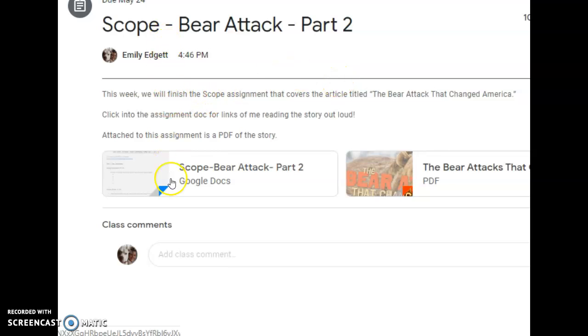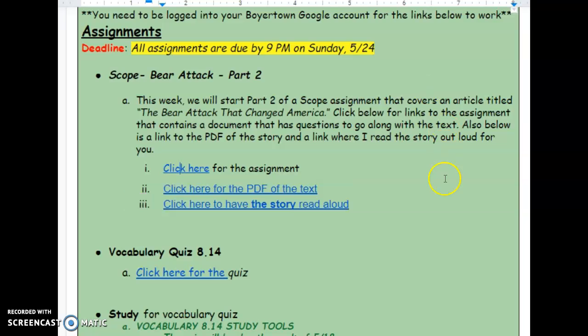Okay, here's what the assignment looks like. You'll see I have a PDF of the article, and then in here you have the questions that you need to answer that go along with the article. I also read the story out loud, so if you want it read to you, make sure you click on